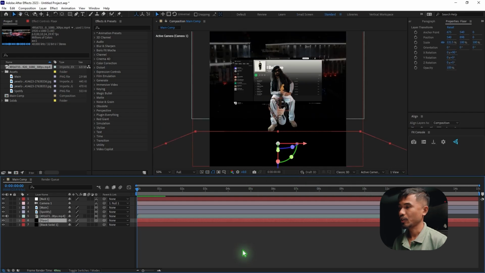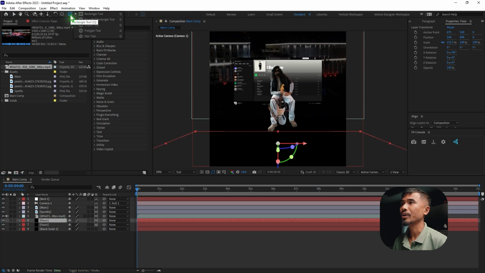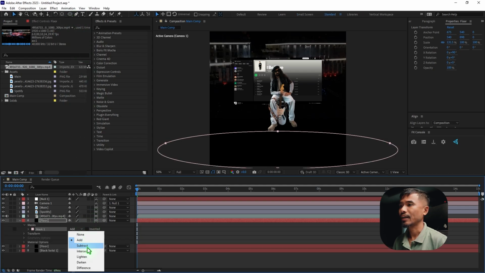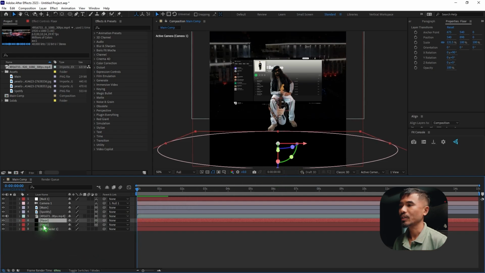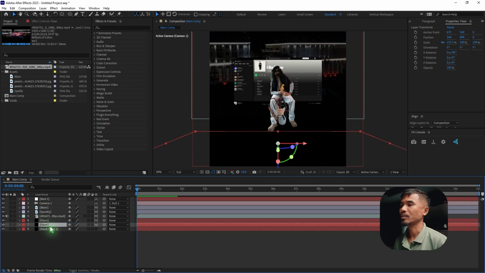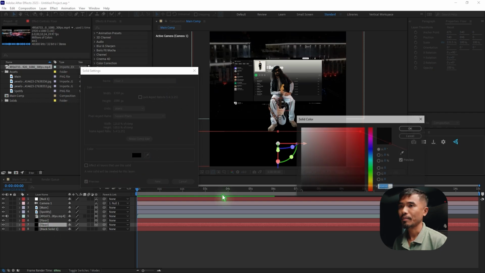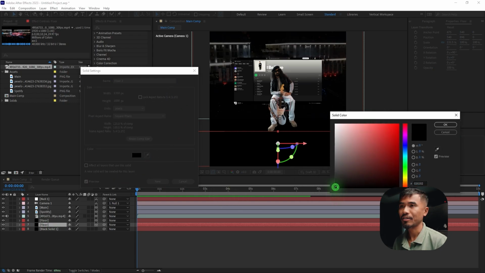I'm going to duplicate this floor, Control D, and I'm going to go here and select this ellipse tool. Selecting on the duplicated floor, we're going to double click this and we're going to select this mask and subtract it. Once you do that, nothing happens. We're going to go to this layer, change the color of the solid. To do that, Control Shift Y or Command Shift Y. We can make this a little bit lighter,